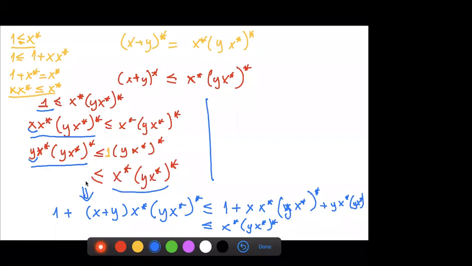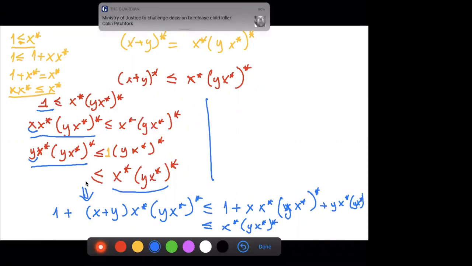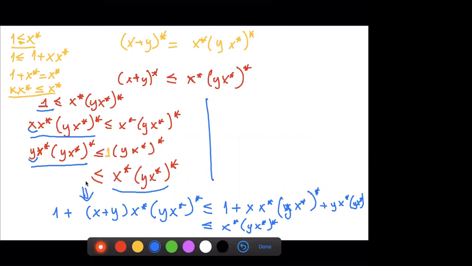Let me think for a second. For the other direction, what do I want to do? A star, B A star, star. Oh no, sorry. For the other direction, it's actually a neat trick, because you can, I